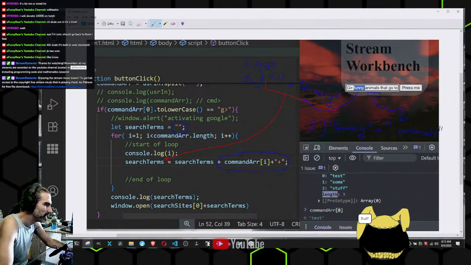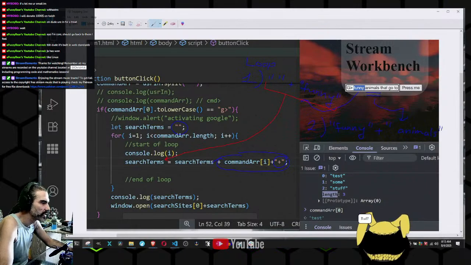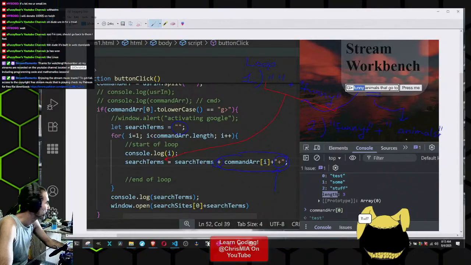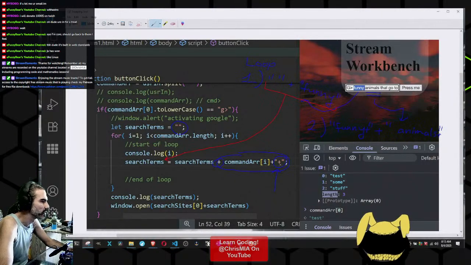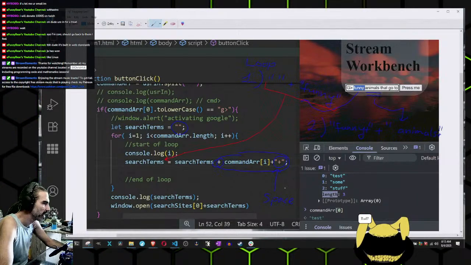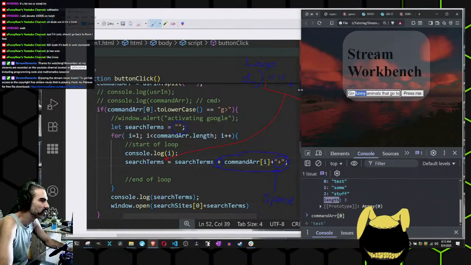Now, the only thing I haven't mentioned is this little extra plus here, the quotes and plus. Much different than this plus, right? This one is actually a string we are attaching at the end, so it'll basically be funny plus here, and then animals plus here. That little extra piece is for the fact that Google searches use spaces in the URL, but really it's not a space, it's a plus. We can't have spaces in the URL, so we have to adjust based on how Google searches,